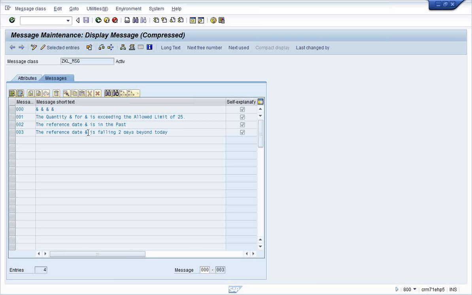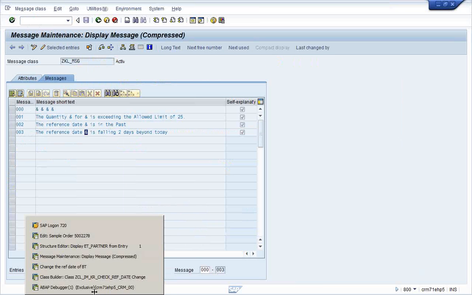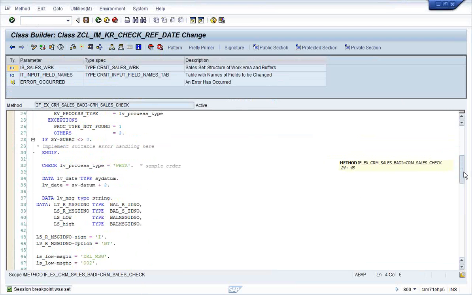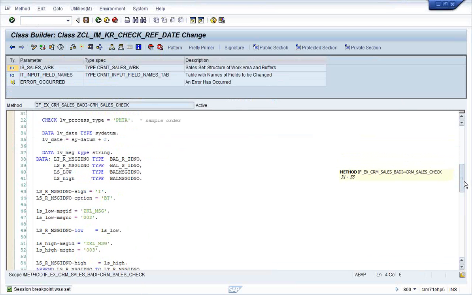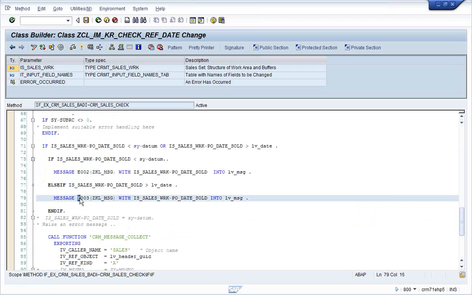This ampersand is nothing but the user-entered date, which you can manipulate and show here. I'm showing this as an error message, message type E.